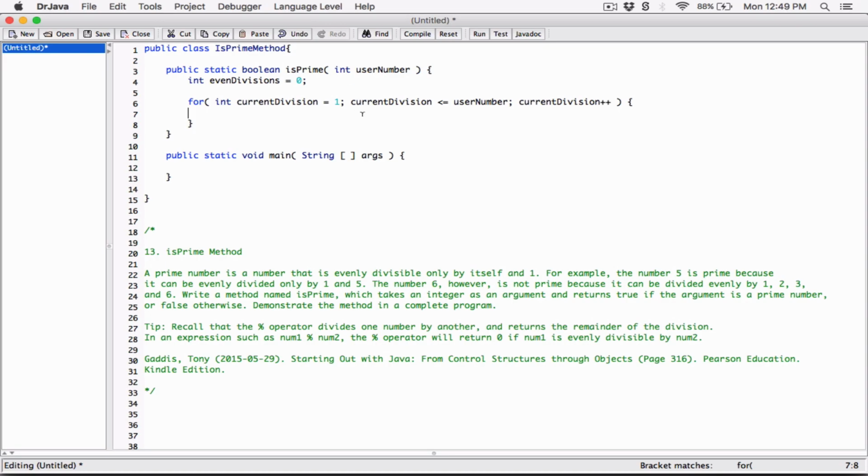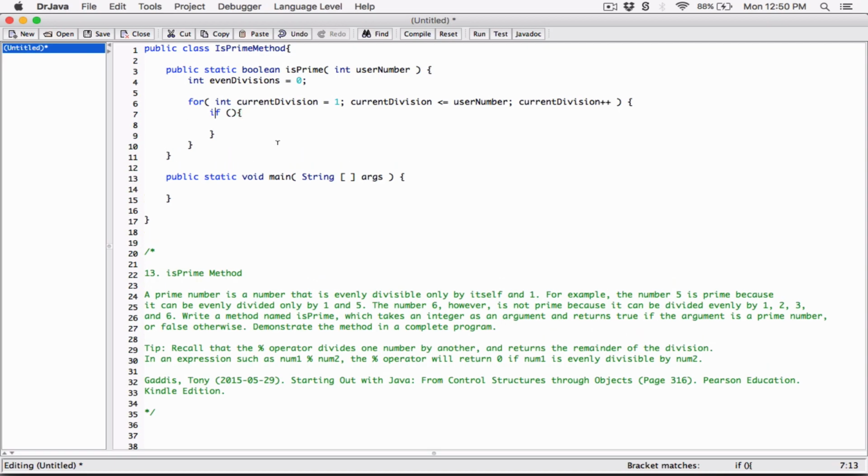Okay, so what we want to do is check to see if the number divided by the current number for division gives us a remainder of 0, and that's where he hinted that we should use a modulo sign. So I'm going to create an if statement. Let me just create the block here. I'm going to say if